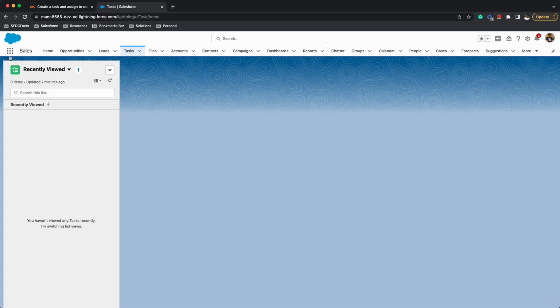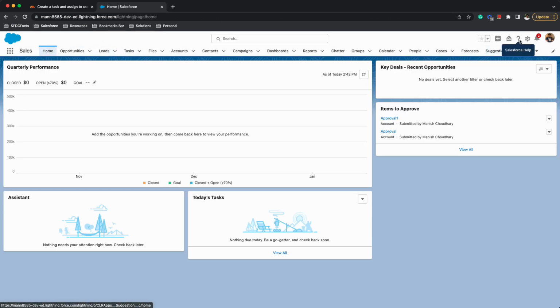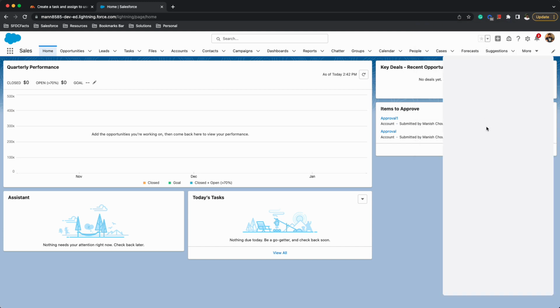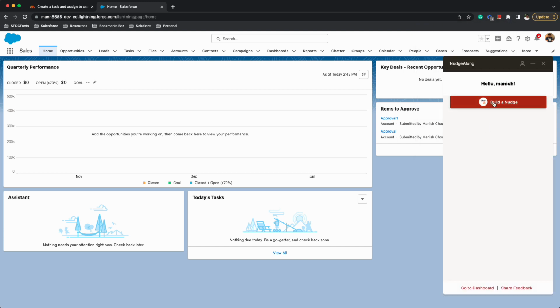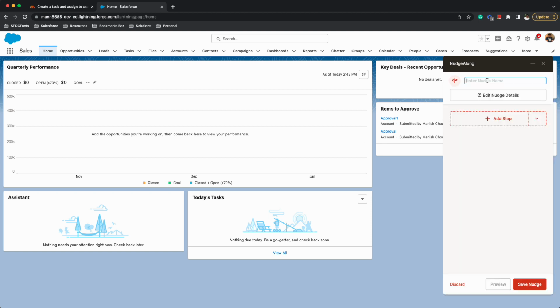And this time what I want to build is, let's go to our home page again, open the nudge along extension, and this should give us the button called build a nudge. And this time we'll be building a multi-page nudge. That means we'll be interacting with multiple web pages, but the tool will still keep guiding us. So let's build a new nudge, and this time maybe let's use our developer console and show our users how they can create an Apex class. So I'm going to build a nudge, name it create an Apex class,